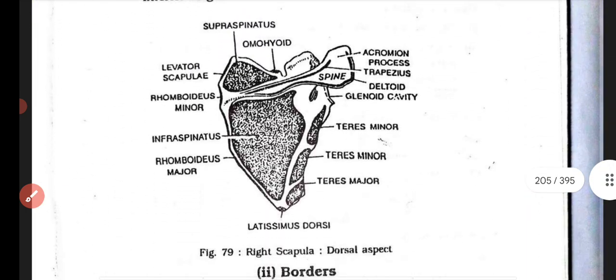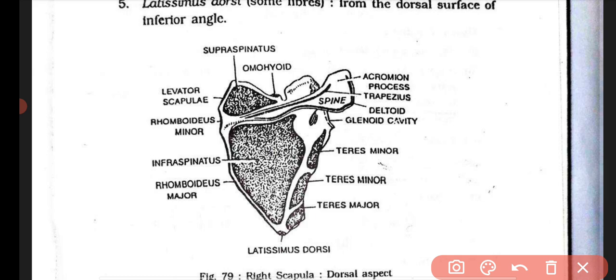Here come the muscles: from the supraspinous fossa is supraspinatus, from the infraspinous fossa is infraspinatus,